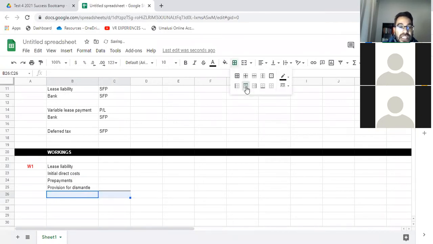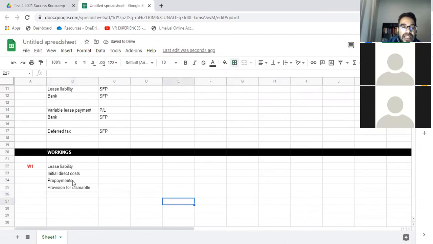So like I said, there's no need to write this down because you're going to be wasting time in an exam. I'm writing it down just to show you what I'm thinking. So when you look at the right of use asset, what must go through your mind? If the right of use asset includes these 4 components, then you identify which of these 4 components is relevant to the scenario. And then based on the scenario, the only relevant one is lease liability. So this is 0, 0, and 0. Okay, so that is what you want to do when you think.